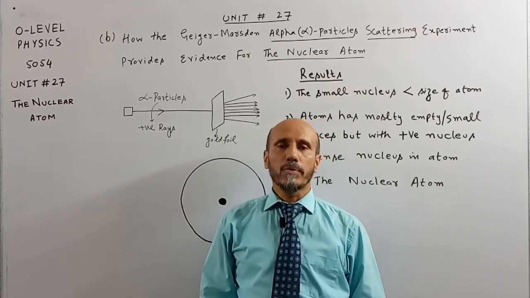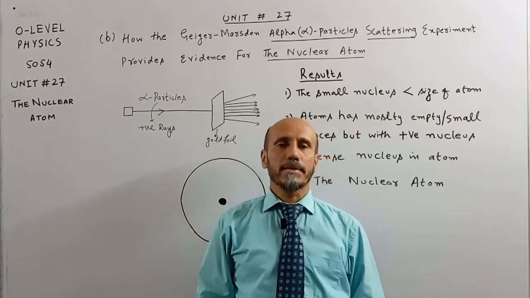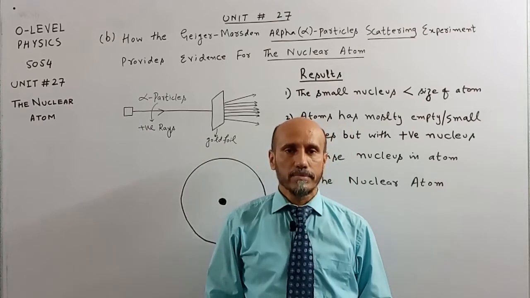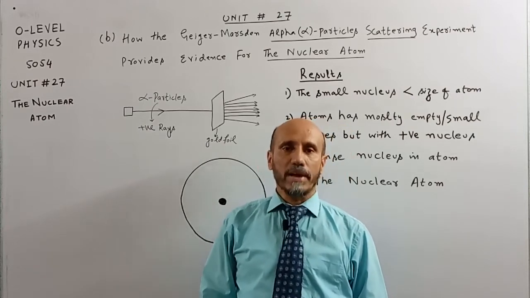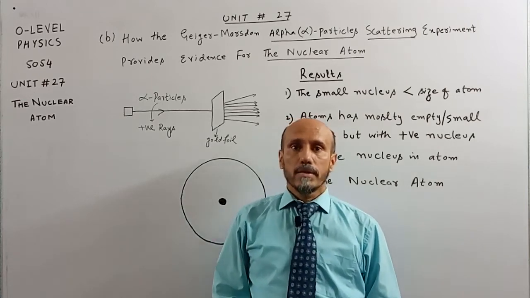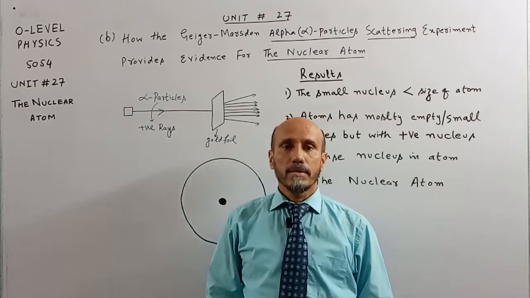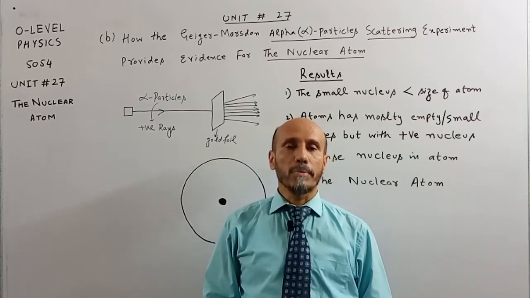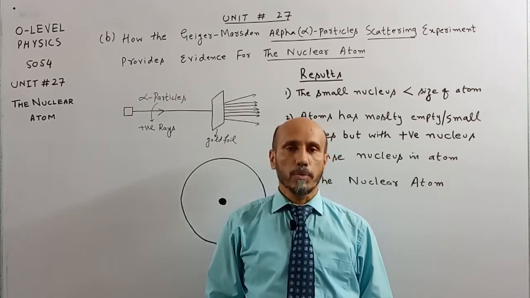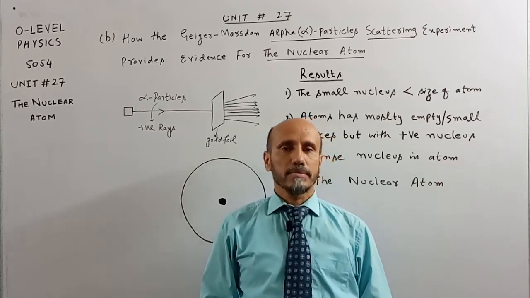In this unit we will discuss different terms related with the nuclear atom, what is meant by nuclear atom, how we can define nuclear atom, the structure of the nucleus, and different terms related with the nuclear atom like atomic mass number, atomic number, nuclide notation, isotopes and their uses. So let's start this unit